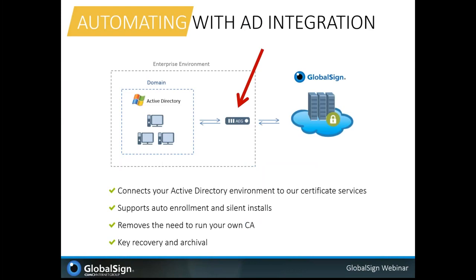For example, if you are running a Windows environment and using Active Directory, you have the option to automate certificate deployment using our Auto Enrollment Gateway, or AEG for short. AEG connects your Windows environment to our SaaS certificate services so you can leverage all of your existing user information in Active Directory and its native certificate functionality to automatically issue certificates to end users, using group policy to control which users and machines will be enrolled for specific certificate types, including MIME. The certificates are installed automatically without the need for end user intervention. The certificates can also automatically renew, so you don't have to worry about certificate expiration.